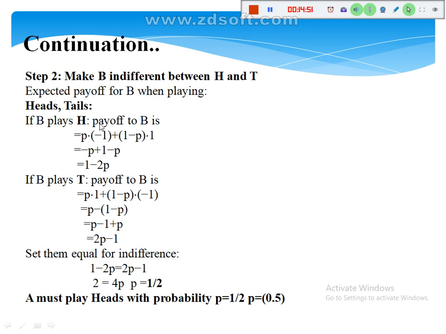So set them equal for indifference: 1 minus 2P is equal to 2P minus 1. So 2 is equal to 4P, P is equal to 1 by 2. So similarly, A must play